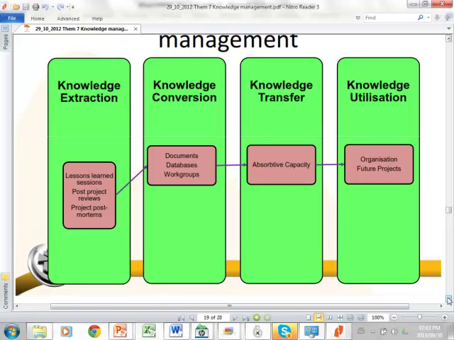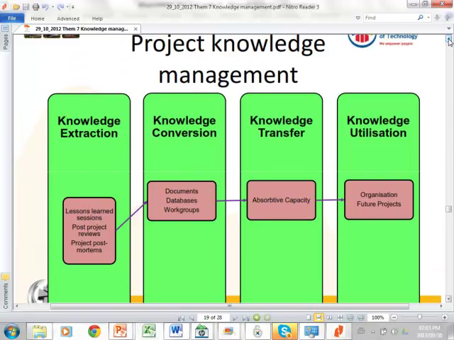Okay, so this is then basically the knowledge management, the project knowledge management process. So we have the knowledge extraction, and this we know very well how to do. We do lessons learned, we ask what went well, what went badly, what can improve. Then we need to convert the knowledge. All right, so this is when we need to take the knowledge and we need to look for the relationships. We need to understand what information is in this knowledge.